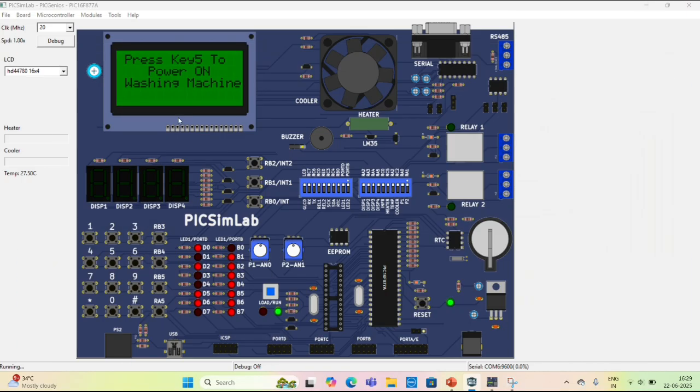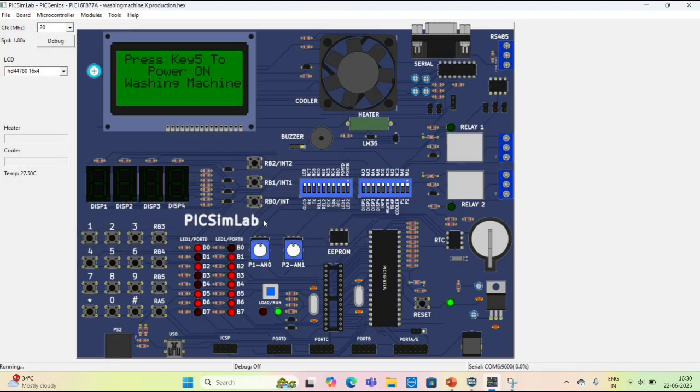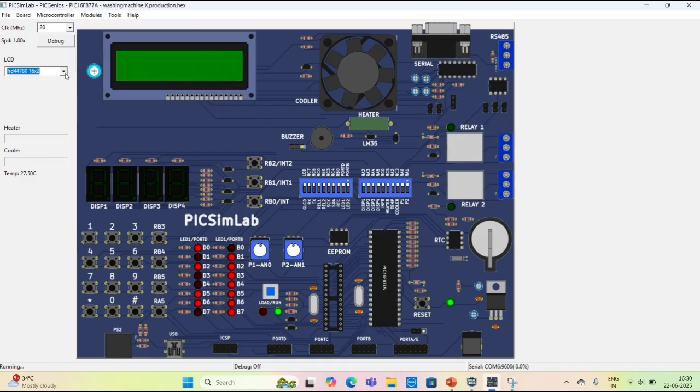PIC 16F. Here we can see File and load hex file by the given path. Now, in that path we can select this washing machine production .hex. This means I get this washing machine project hex file. I upload this one, and here we can see the display, and we will keep the clock pulse 20 for this one. And here we can select the display,